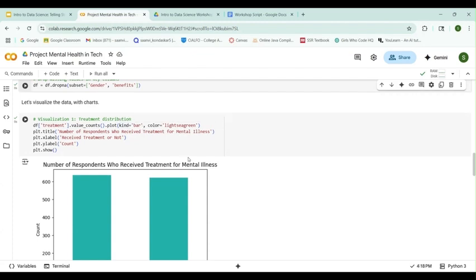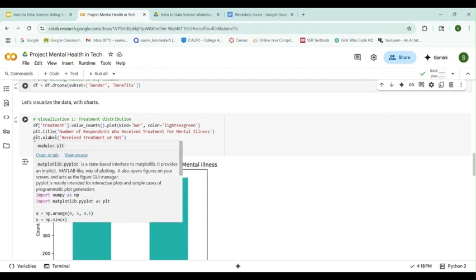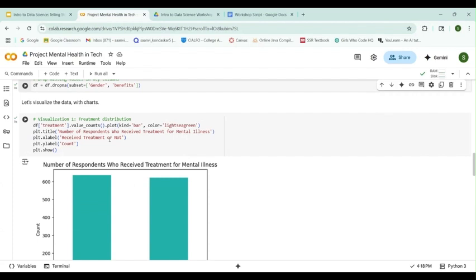You can also set the color of the bars. So I set the color to light sea green. However, you can use any other color you like, pink or orange. We will then use PLT as a reference to the matplotlib library. We'll set the title and x-axis and y-axis of the graph. Once we're done with that, we'll call the show function to display our bar chart.